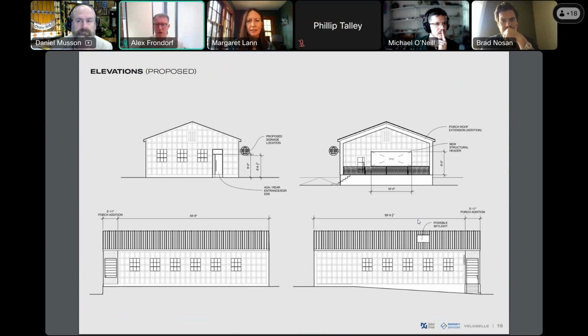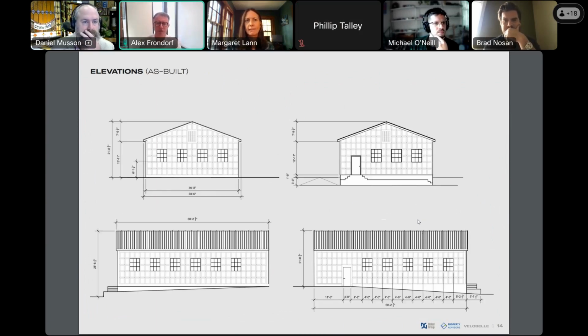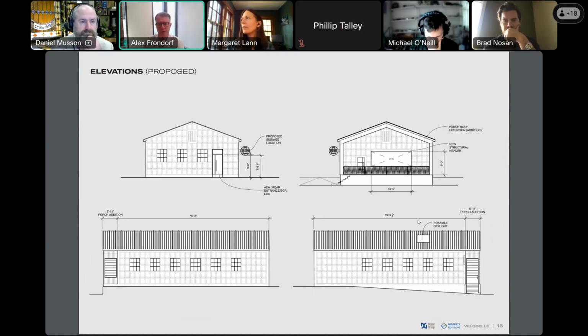My first comment was exactly what Margaret's comment was. I understand for programmatic reasons you would like it to be an open space, but in trying to keep with the fenestration of the street, would you maybe consider an accordion door system?